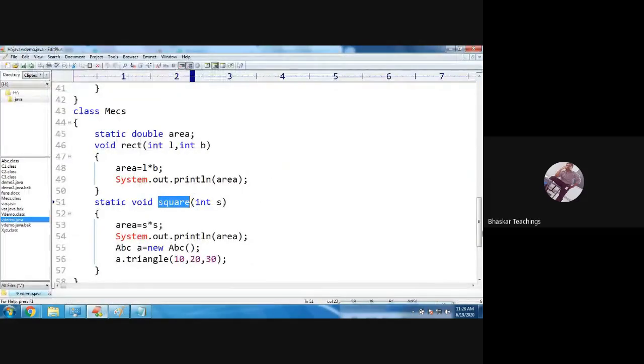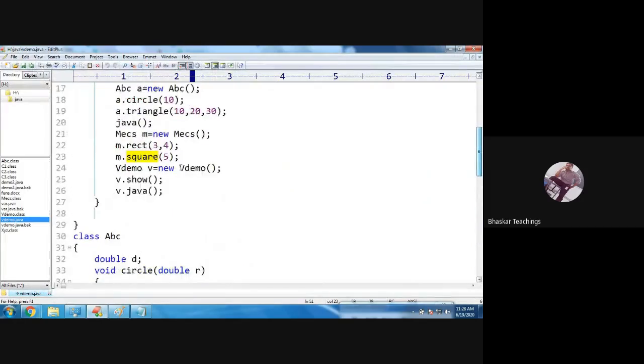Now it is the turn of the object. This is the object creation line, and in the object creation syntax we have a class name encountered. So the JVM will first load the static members into the class area. Then it will start creating the object. So an object is created.